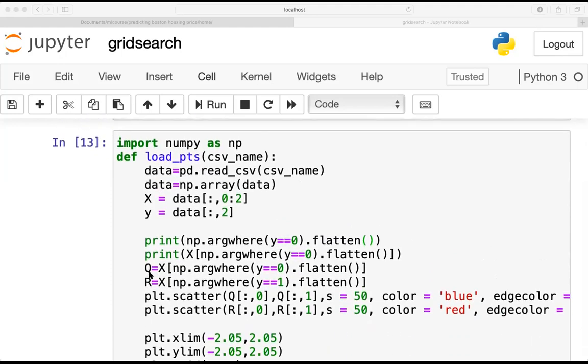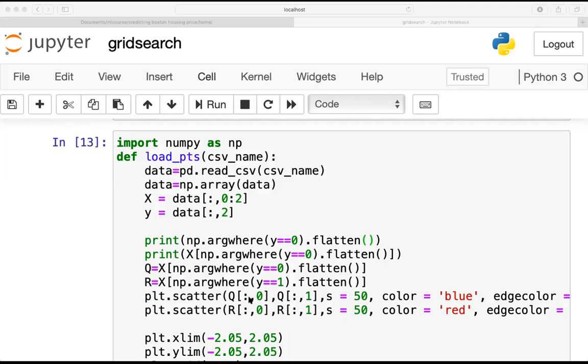Here in Q I have placed the points for y equal to 0, and I have given the condition for y equal to 1 in R. So all the coordinates whose state is 1 are placed in R, and those whose state is 0 are placed in Q. Now I am scattering using the scatter function, giving the coordinates of the points whose y value is 0.